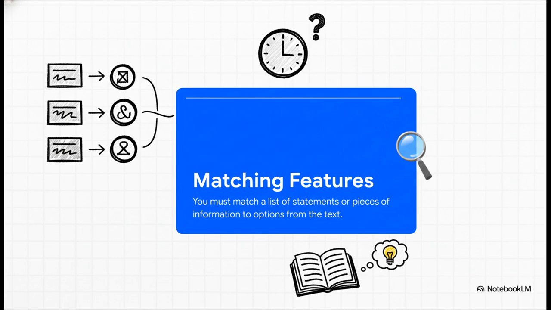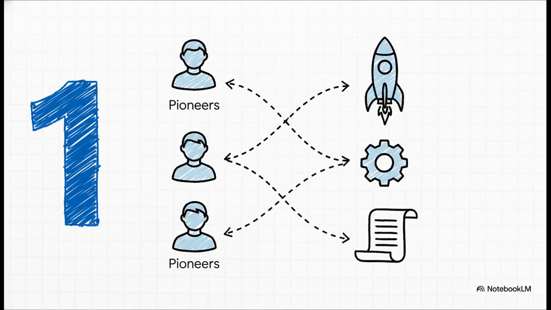Next up, we've got matching features. So for this one, you'll get a list of statements. It could be a list of discoveries, or maybe a bunch of opinions. And you have to match them to a set of options from the text, like a list of scientists or different time periods. This one usually shows up in part 1, and it's all about testing your ability to scan for specific names or dates and then connect them to what they actually did or said. You might see this with a topic like, say, the development of rockets, where you're matching famous pioneers to their